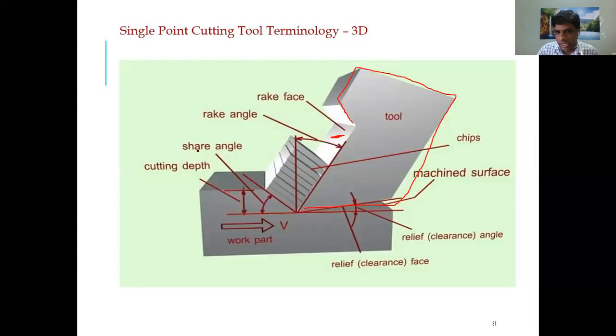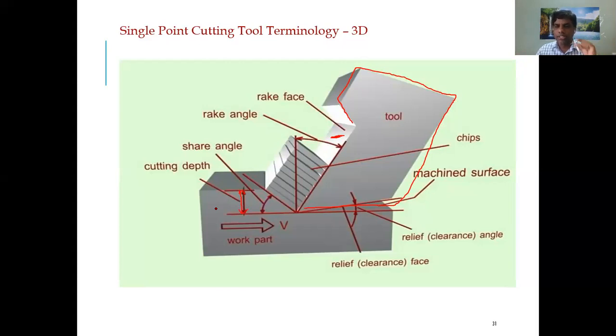It is the shear angle because this is the plane where shear is happening in the material. Shear is nothing but deformation in the material. So this plane is called the shear plane. The inclination of this plane with the direction of cutting tool motion is called the shear angle. We can discuss these things further in the next class also. Just remember this: this is the shear plane, and this angle is considered the shear angle. And the initial thickness, I told you, is the depth of cut, right? So this is considered the depth of cut or uncut chip thickness.